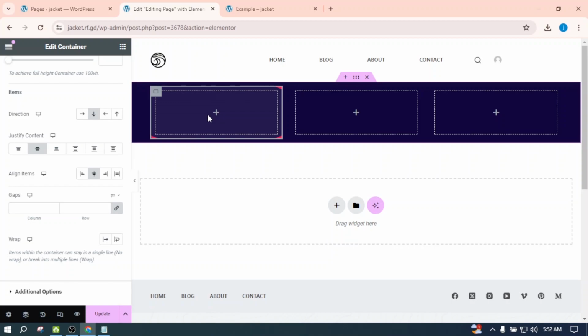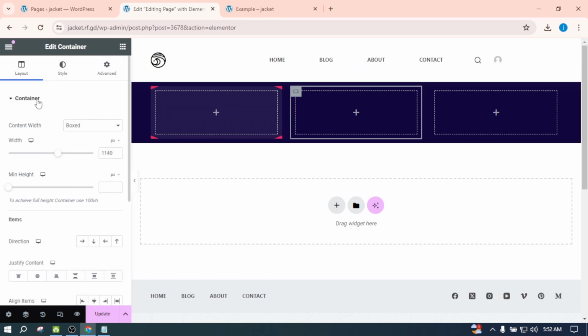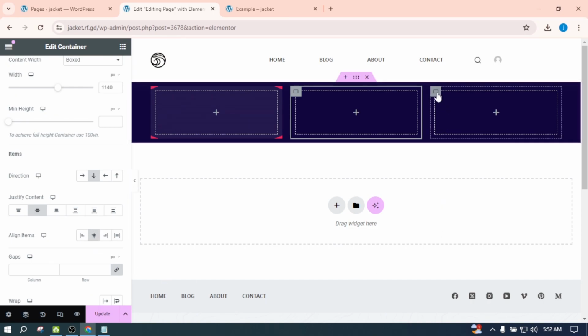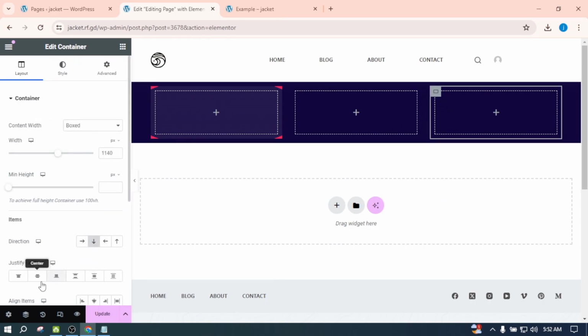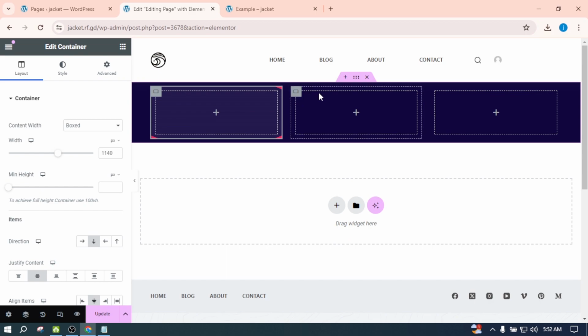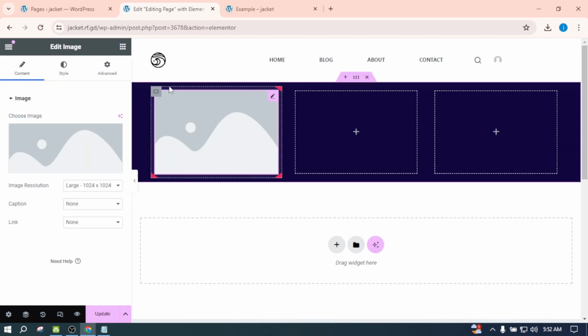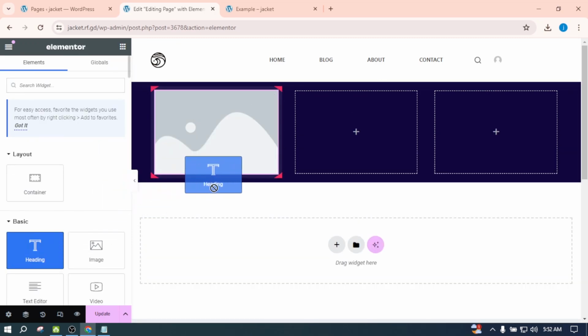So whatever I put inside this container, it will automatically be in the center. Okay, so I'll do the same with this container. Done. So for the 3 containers, we changed the alignment and the direction of the container. Now on the next step I will take an image element on the first container, and I will take the heading element as well,